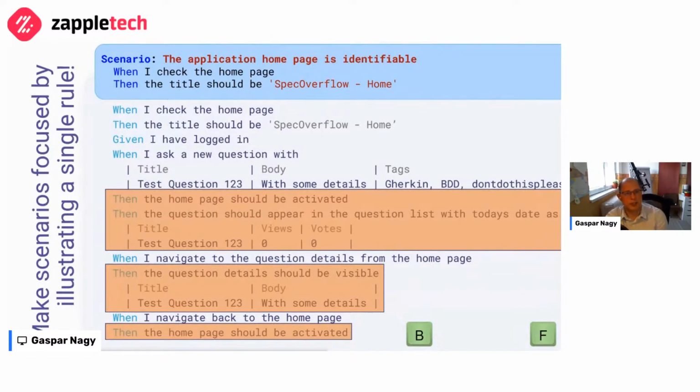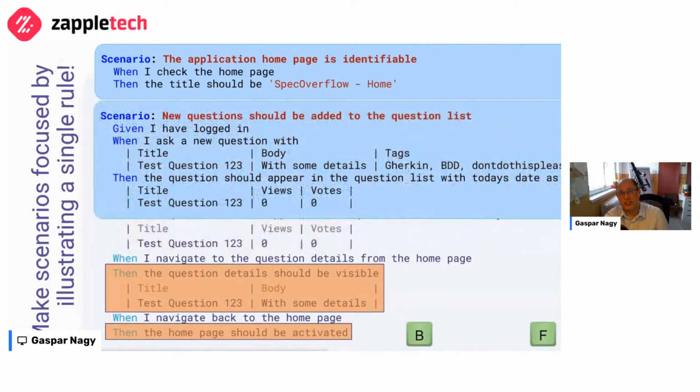Maybe you have a better take. That could be one option. Again, now we could move on to the next one. The next one, as you see, is verifying whether the homepage is somehow activated and the question that you just asked is appearing on that homepage. Probably the rule behind that was that new questions should be added to the question list. That is what we wanted to ensure. So now we have separated all the necessary things